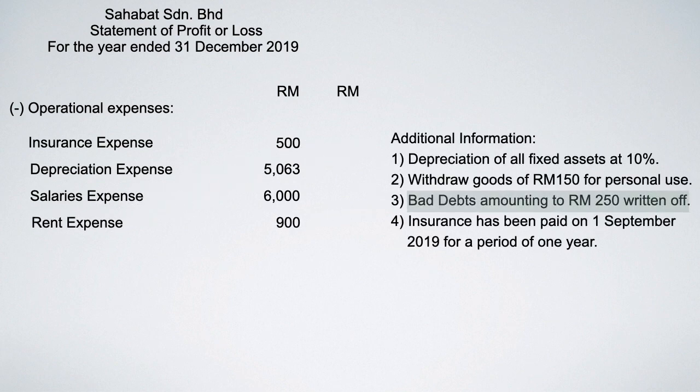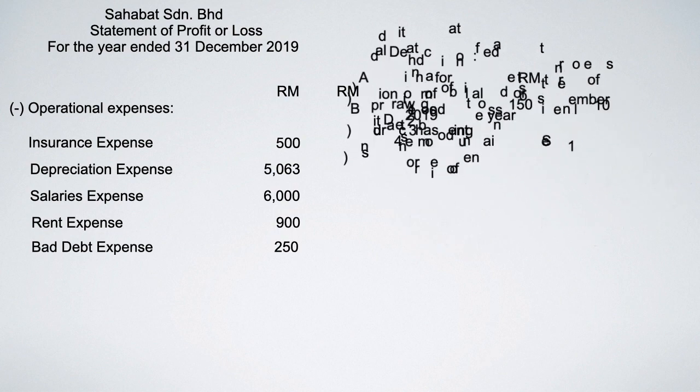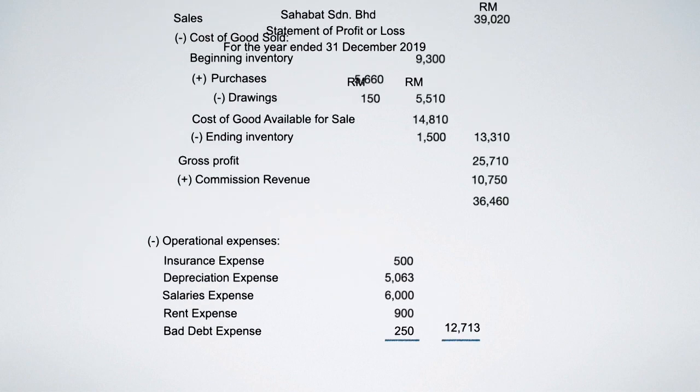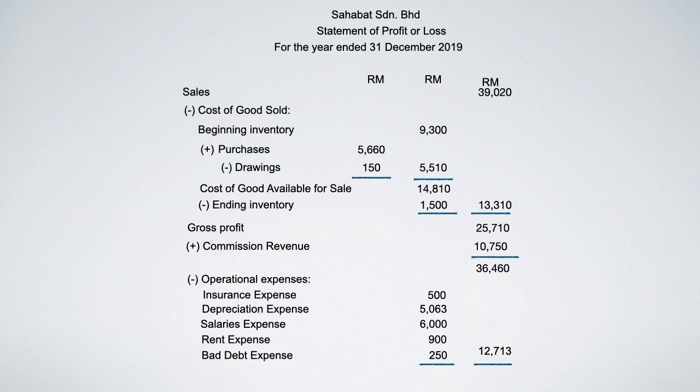Apa lagi belanja yang ada? Jangan lupa bad debt. So bad debt we just ambil sajalah nombor dia tu 250, terus letak je lah dan kita namakan dia bad debt expense. Okay, so finish all the operational expenses. You total the operational expenses. Then you will minus from the total